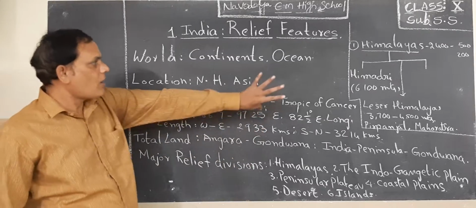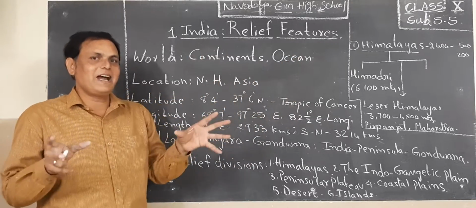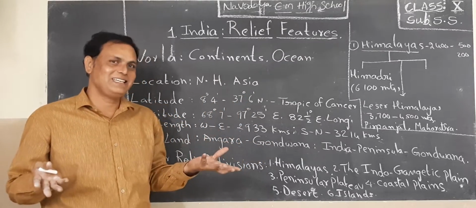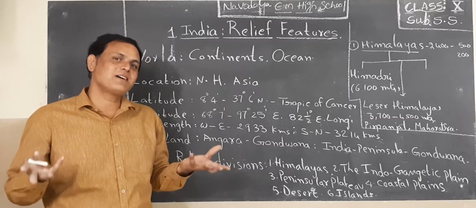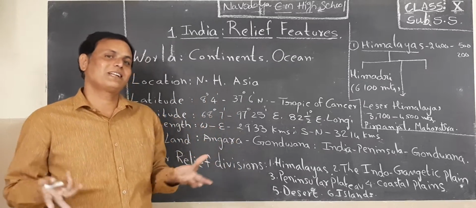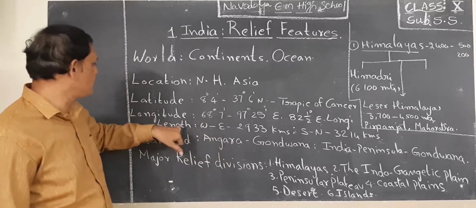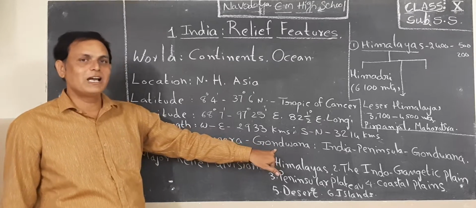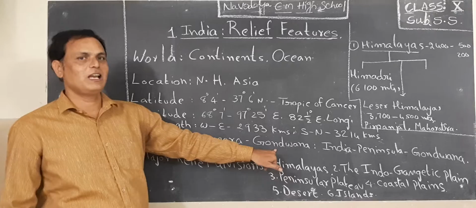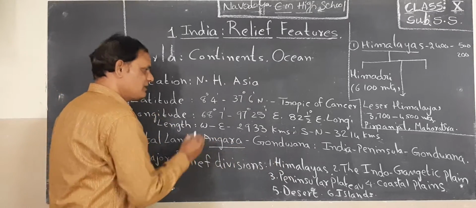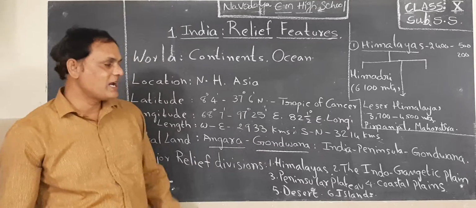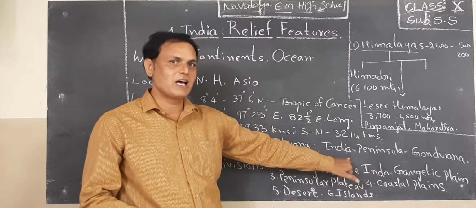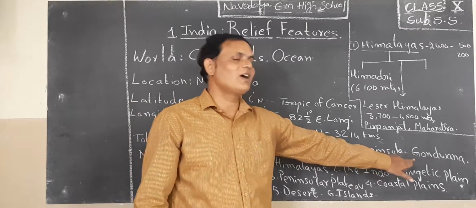Next one. Upon the globe, the total land, you studied in 9th class. What is the total land? Pangaea is the total land. Panthalassa means the total water body. Here Pangaea is again of two types. First one is Angara land and the second one is Gondwana land. I repeat, Angara land and Gondwana land. So our country, peninsular India, our Indian peninsula locates in Gondwana land, children.